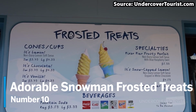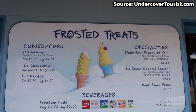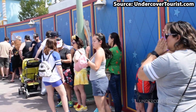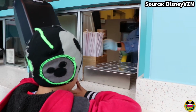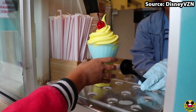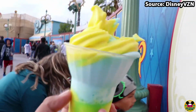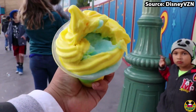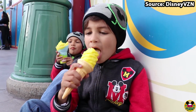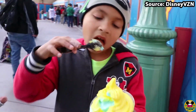And no matter whether you are looking for the best frozen treats on a hot California day, or just want to wait in an hour-long queue, then this quick service option is just for you. Situated upon Pixar Pier and next to the Incredicoaster itself, this Monsters Inc. themed snack place serves a variety of cones and cups for around $5 each, including my personal favourite, the lemon